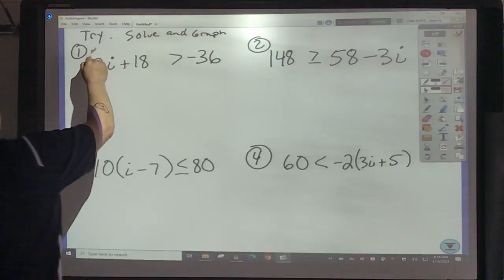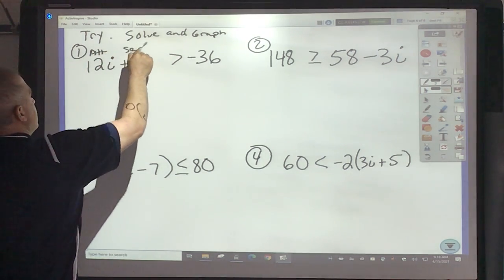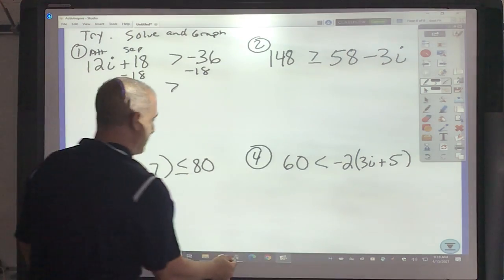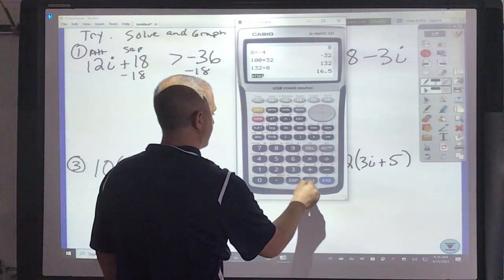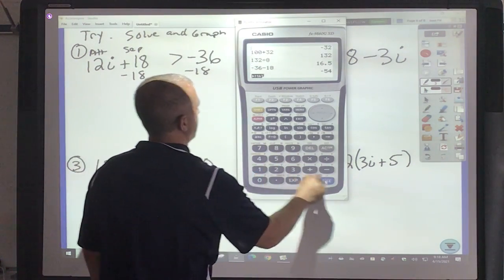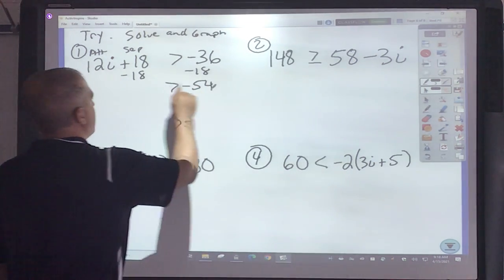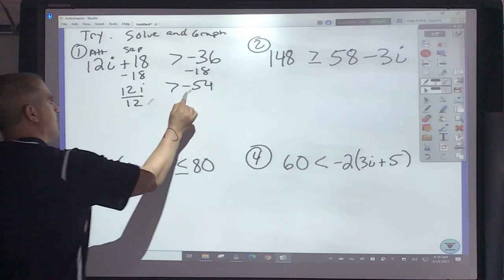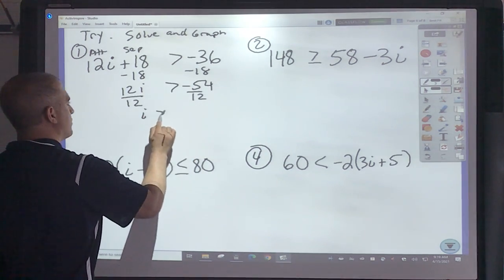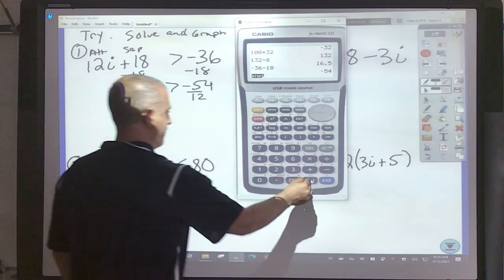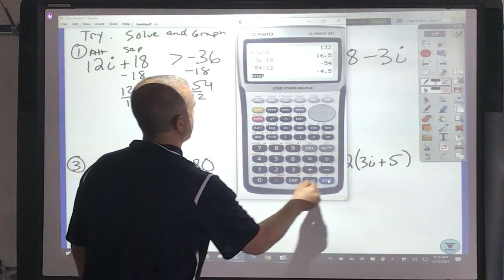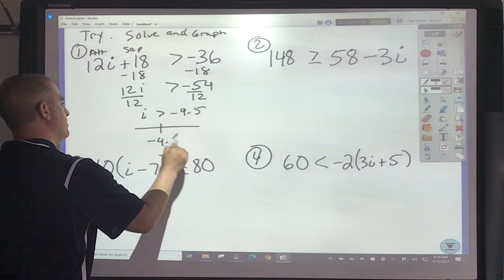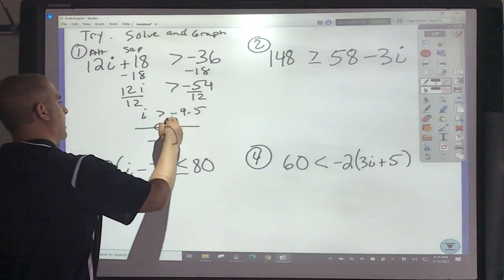Okay, so this is the attached, this is the separated, so I'd want to subtract 18, okay, negative 36 minus 18 is negative 54. Okay, I'm not changing the inequality because I did not divide by a negative. Okay, so now I'm going to divide by 12, so that's i is greater than negative 54 divided by 12, negative 4.5. Okay, I would have an open circle on that, and since it's eating the i I would shade to